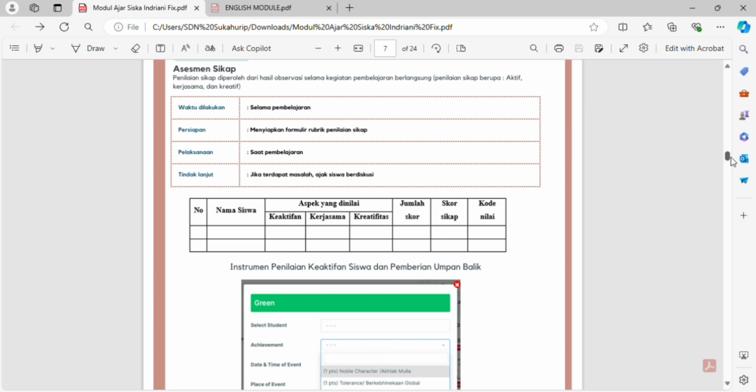The specific instrument or method used to assess student activity will vary depending on the context and the teacher's preference. Some common methods include observation, checklist, rubric, and self-assessment survey.